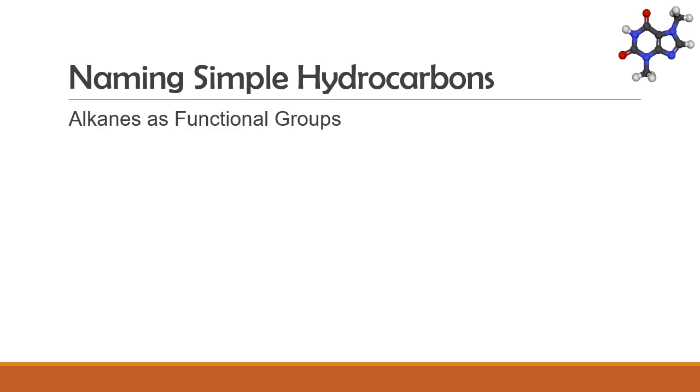Alkanes can exist as independent molecules, but they can also be part of a larger compound as a side chain or substituent. When this happens, alkanes become a functional group and take on a different suffix. Instead of ending in "ane", the names end in "yl". But not all